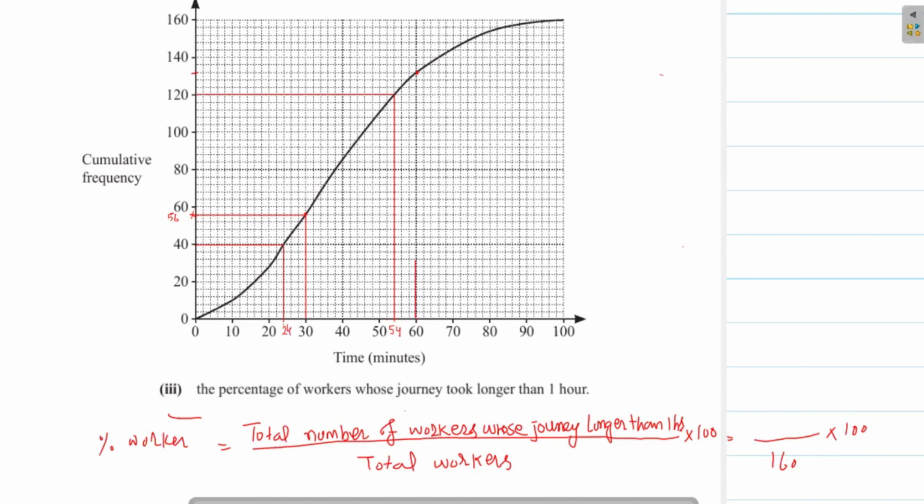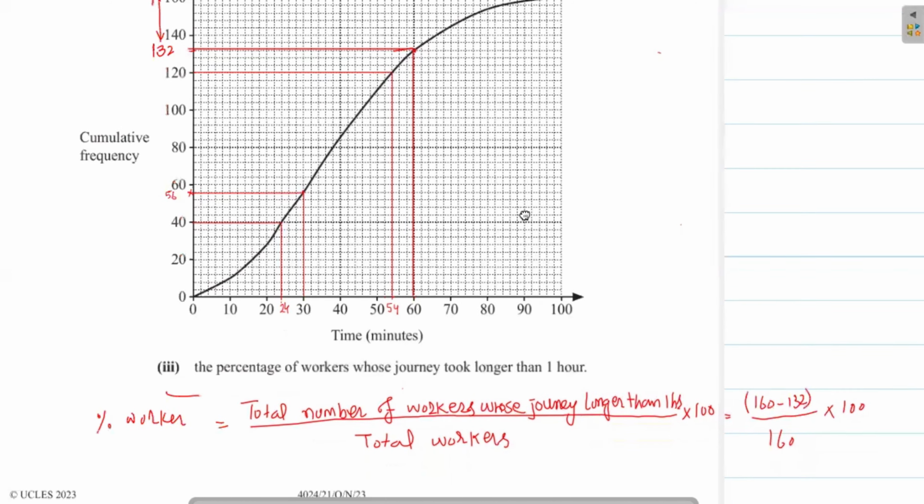Now we draw the vertical line. This vertical line intersects the curve at this position. We will draw the horizontal line. This horizontal line intersects the cumulative frequency axis at this position. This is 132, and 160 minus 132 workers is the number whose journey was longer than 1 hour. Therefore, we write here 160 minus 132, and this will be equal to